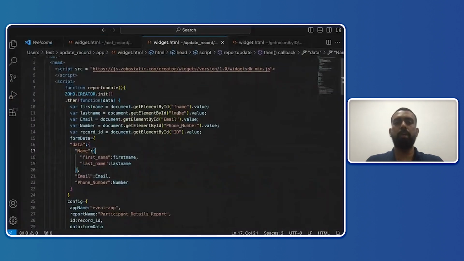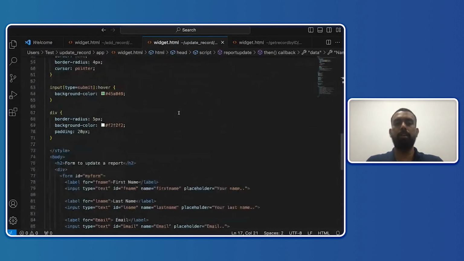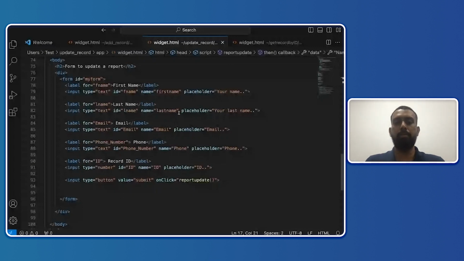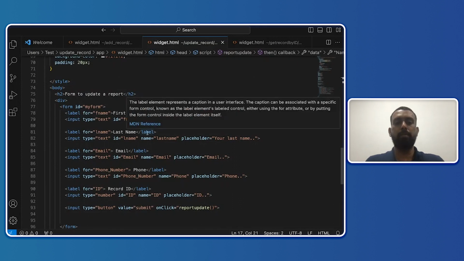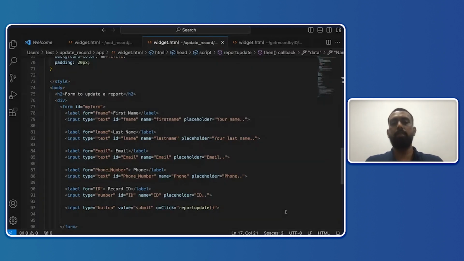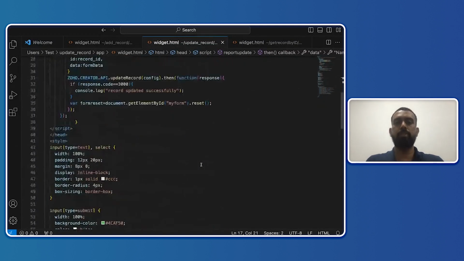So this will open the update record folder over here, which will have the same widget that we are building, where over here we have the form ID as my form. And then we have the first name, last name, email address, and the phone number as different fields over which we can enter data. And at the end, I have a function that I have called upon when I click on the submit button. I want the report to be updated when I click on the submit button. So for that,